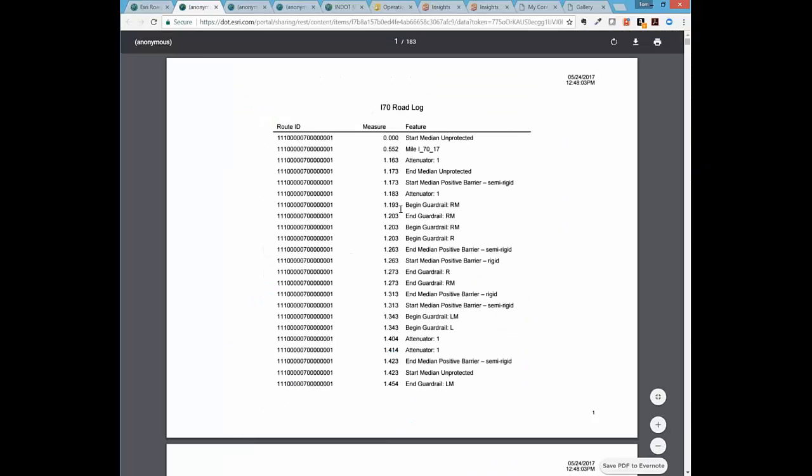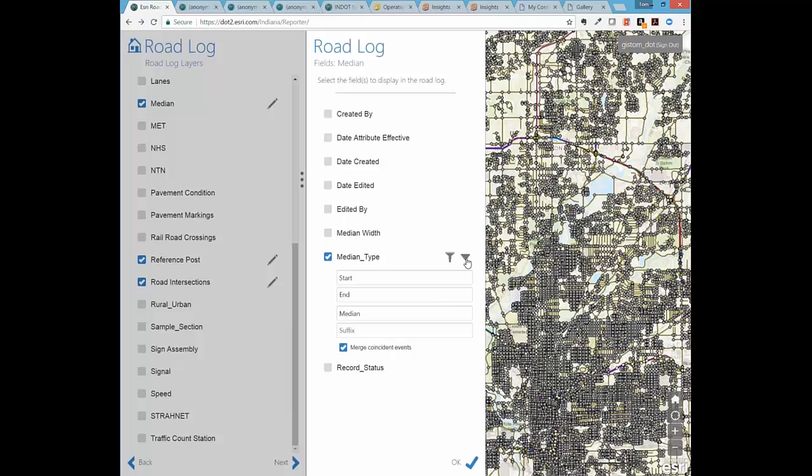And if you go back to that report, you see it says start, median, positive barrier. So you have median in front of each of the data values, but you have start and end to indicate when that particular linear event starts and ends for that particular report. All right,